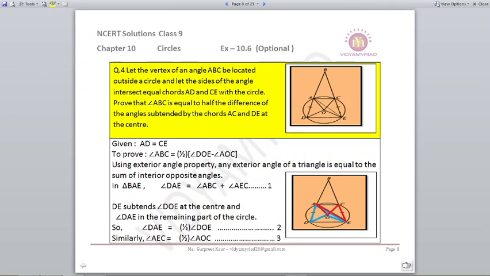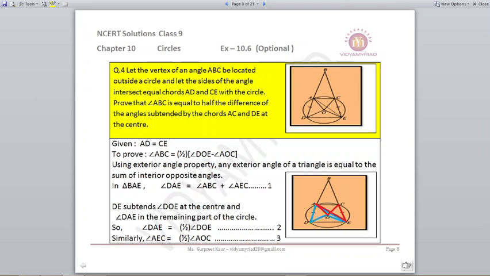Question number 4. Let the vertex of an angle ABC be located outside a circle and let the sides of the angle intersect equal chords AD and CE with the circle. Prove that angle ABC is equal to half the difference of the angles subtended by the chords AC and DE